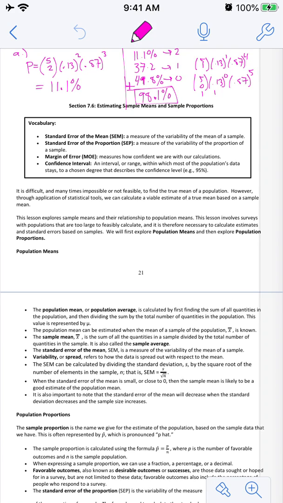All right, guys, welcome to the last section of Statistics 7.6, sample means, sample proportions, confidence intervals, margin of errors. This is the nitty-gritty of statistics. This is what it all comes down to. We've been talking about a lot of things this chapter, everything from how to take statistics, what can you do with sampling methods, what does it mean to calculate a mean and a standard deviation, to what can we do